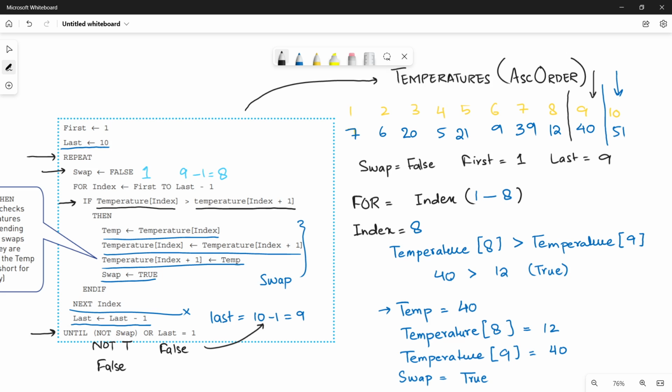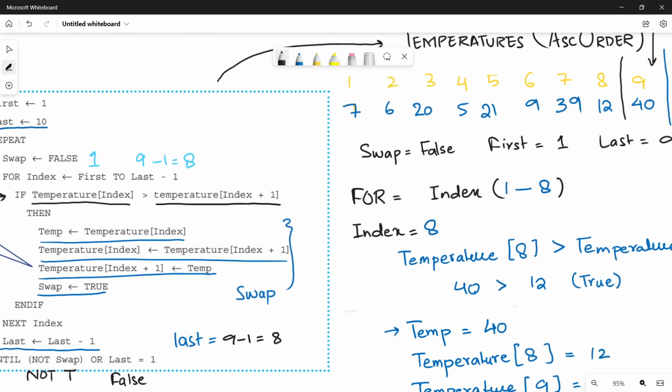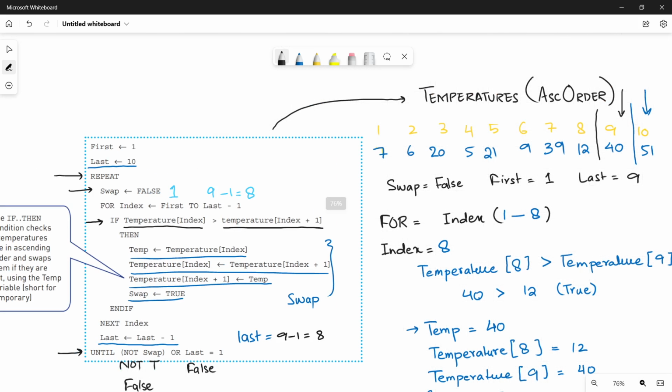Now, after finishing your for loop, you have to decrement the value of last. The previous value for the last variable was 9. Now 9 minus 1 is 8. So the new value for the last variable, I'm changing it here. Give me 1 minute. It's 8 now. And after that, check for the repeat until